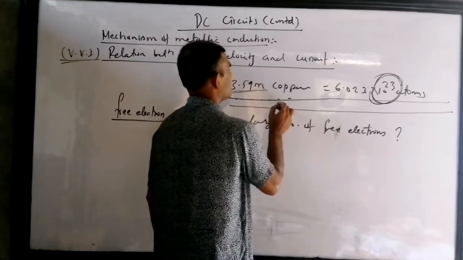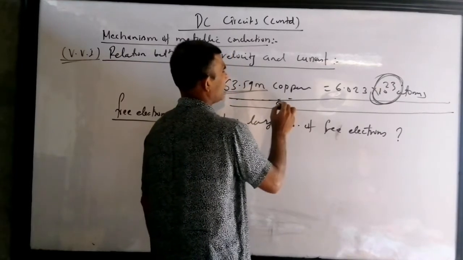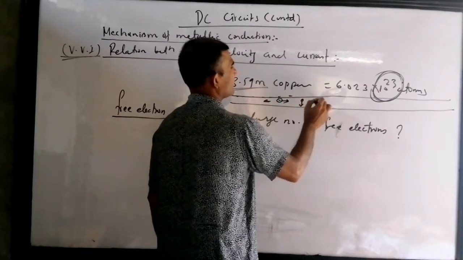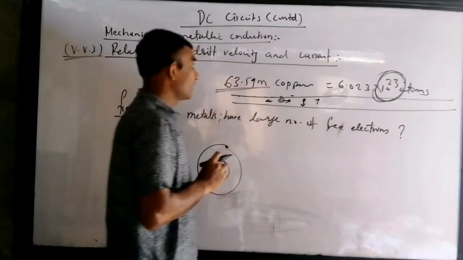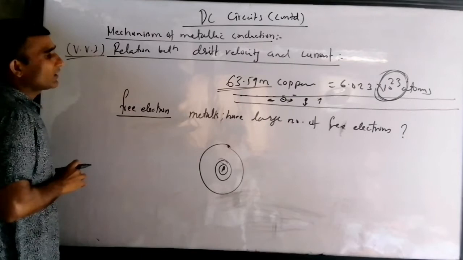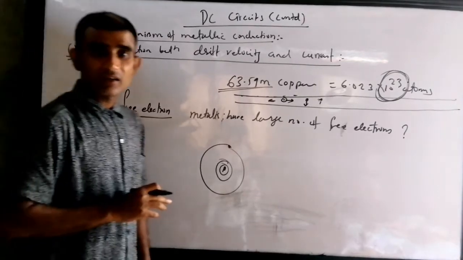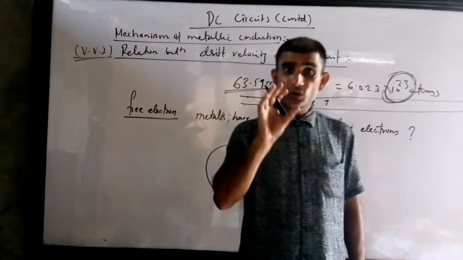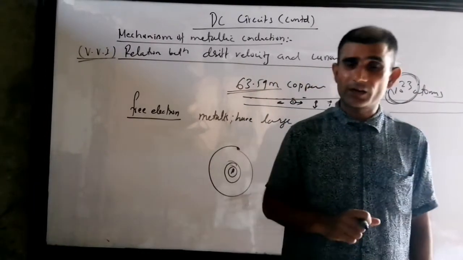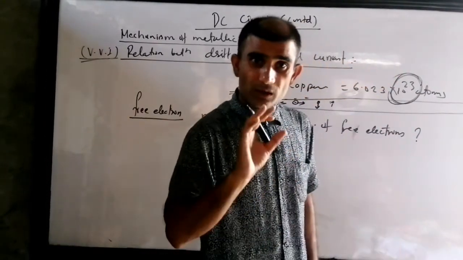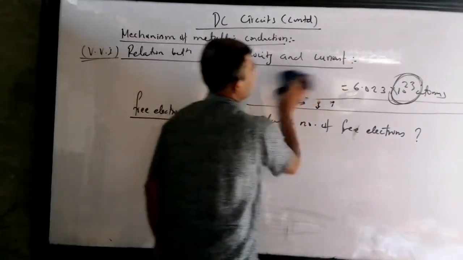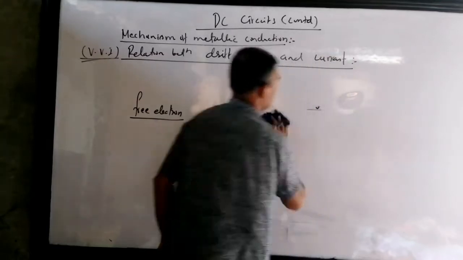This electron is free, getting heat from the atmosphere, it can move here and there. It is actually random motion, it can go in any direction. So those electrons are called free electrons. In metallic conduction, free electrons play the major role. So you got this idea of what a free electron is, and why it is called free. I told you that reason also.